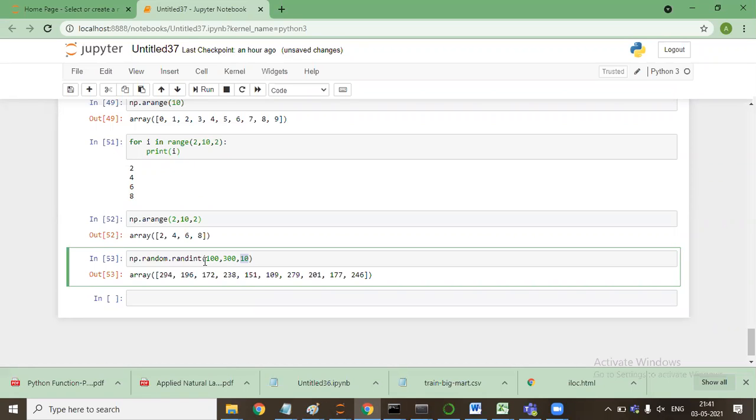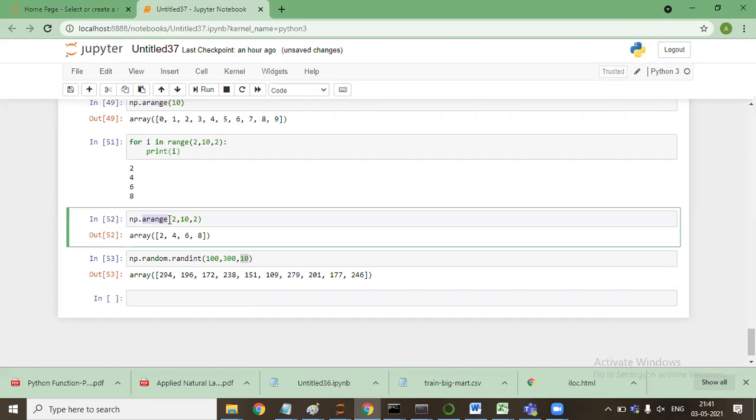Now, can you tell the difference between range and arange? Whenever we use numpy, then instead of range it will be arange, because it is known as array range. In case we are using a for loop, we use range only. The meaning is the same. Whenever we use numpy, it is arange; whenever we use a for loop, it is range. Okay, sir. Thank you.